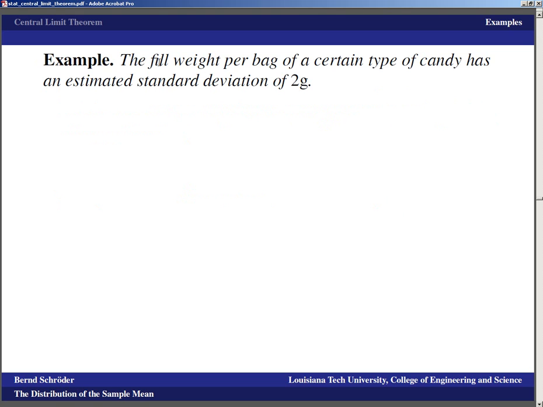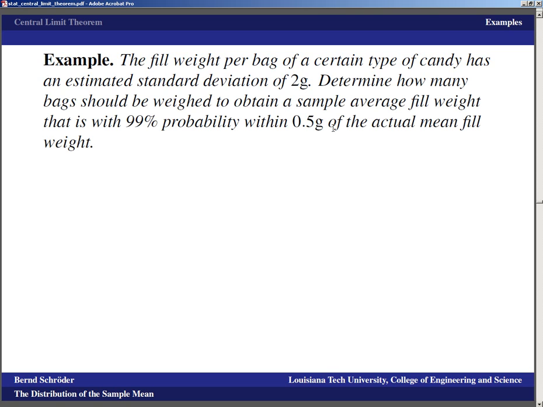Okay, so let's take a look at an example where we're looking at manufacturing candy, and the fill weight per bag of this candy that we're making has an estimated standard deviation of 2 grams. Okay, so we're still going to estimate the standard deviation, but we're going to go in the direction of determining what the mean is. So we want to know how many bags should be weighed to obtain a sample average fill weight that with 99% probability is within 0.5 grams of the actual mean fill weight. So we want to set up a process so that this sample average that we're going to measure has a 99% chance to be within 0.5 grams of the actual mean weight,